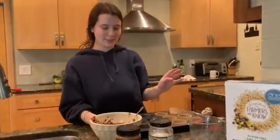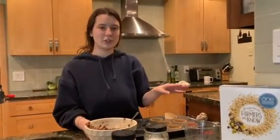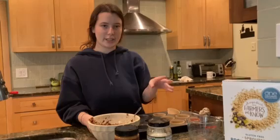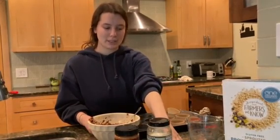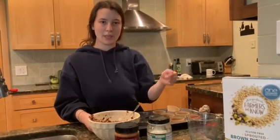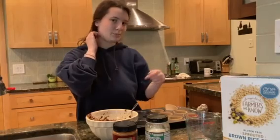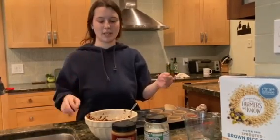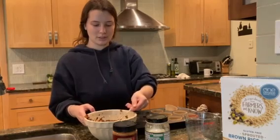So first thing you're going to want to do is melt the chocolate in the microwave in intervals. So you're going to do 45 seconds of the chocolate and the tablespoon of coconut oil. I use a whole bag of chocolate chips. Mix the chocolate chips up, and then put it in for another 30 seconds. Mix the chocolate up and keep on doing that until your chocolate is smooth and melted, so there's no clumps